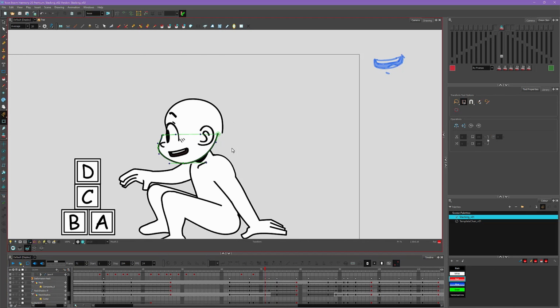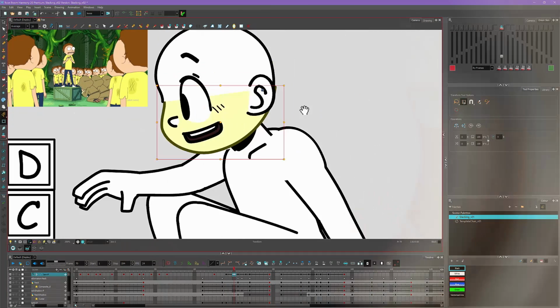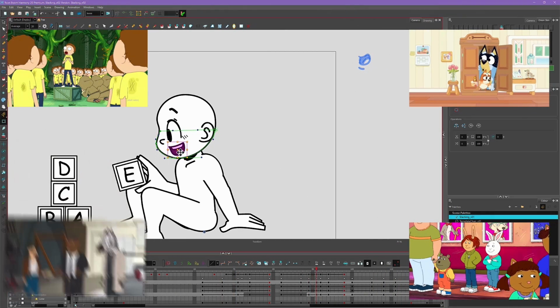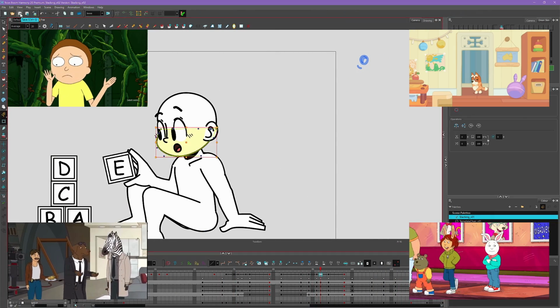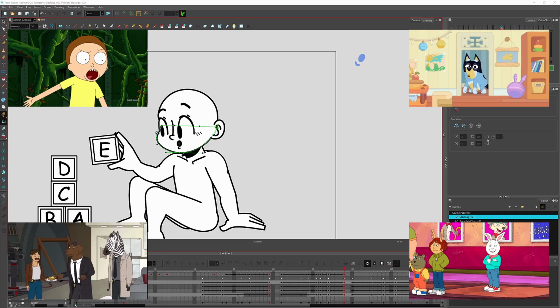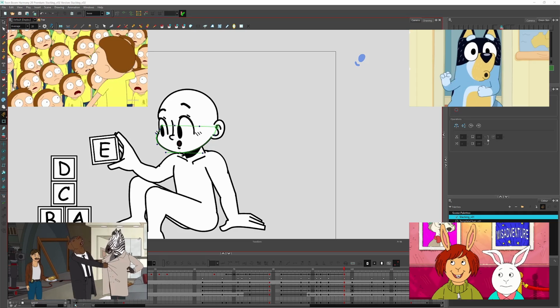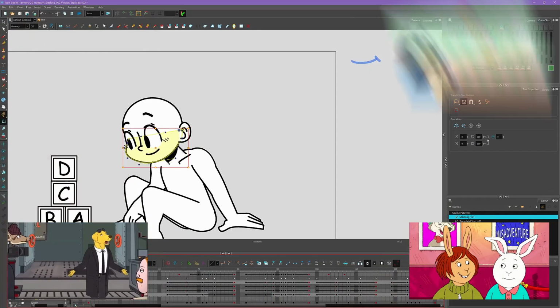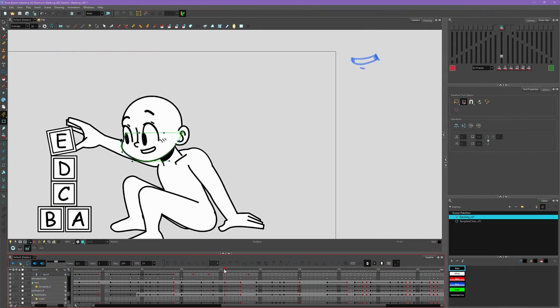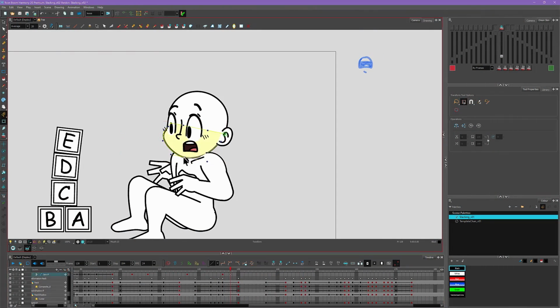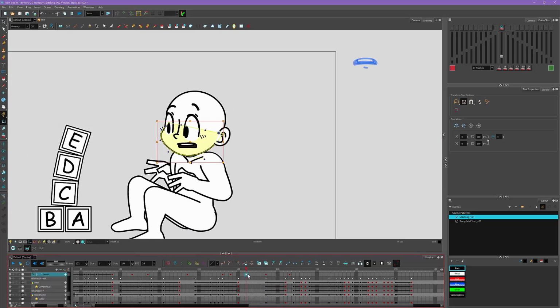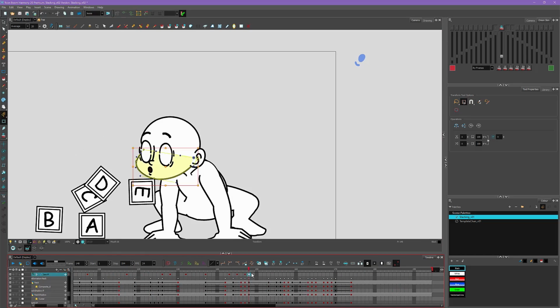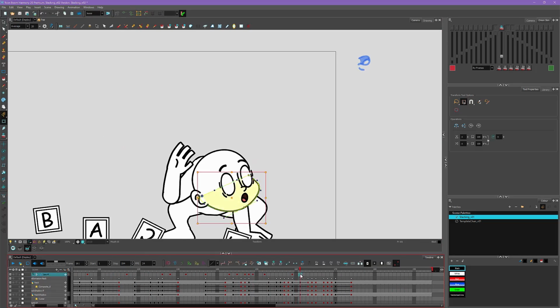For character rig animation, a lot of TV shows these days use character rigs. Things like Rick and Morty or Bluey all use character rigs. So it's a pretty important skill to learn, and often I see the notion that animating with a character rig is easier, it's lazier than traditional animation, and I couldn't disagree more. It's incredibly difficult and takes a lot of skill to make it look good. So that's what we're going to go over today, is how to take your character rig animation and animate it in a way that hopefully looks pretty good.